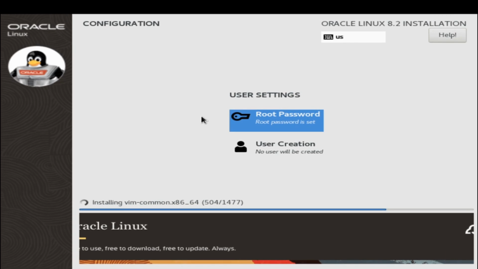We are back to user settings. Still the installation is going on. Your RPMs are getting installed. We'll move forward as it takes time.